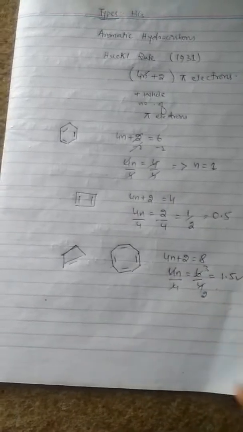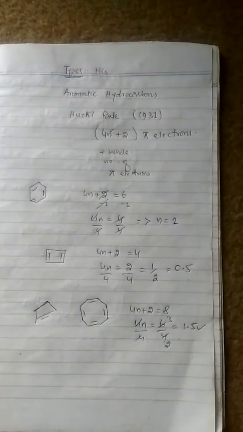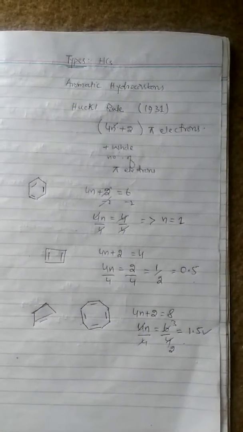This is a positive number but not a whole number. So this is also not an aromatic compound. So the basic rule for finding the aromatic compounds